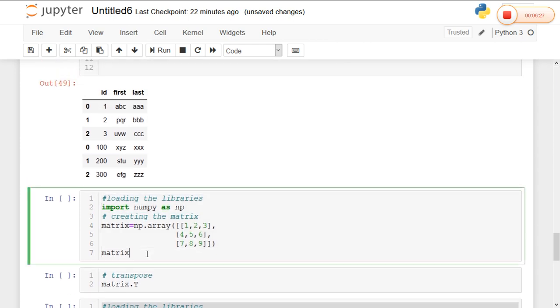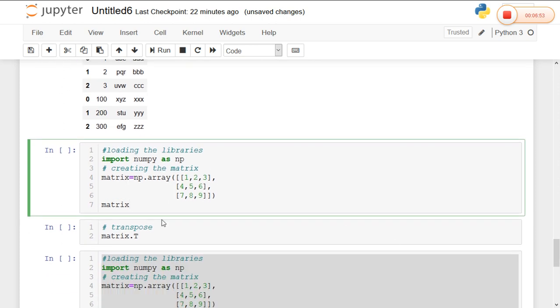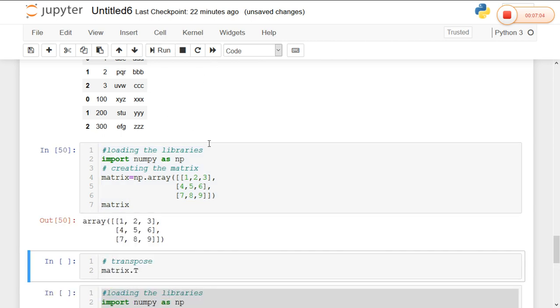Now, how can we create a matrix and how can we create a vector? In order to create a matrix and a vector, we can use the NumPy library. NumPy is the foundation of the Python machine learning stack. NumPy allows for efficient operations on data structures and is often used in machine learning. Using NumPy, we can create vectors, matrices and tensors, which are very useful in real world applications. So first I am importing the NumPy library and creating a three-dimensional vector or a matrix, and I am displaying the matrix here. So the matrix is displayed.